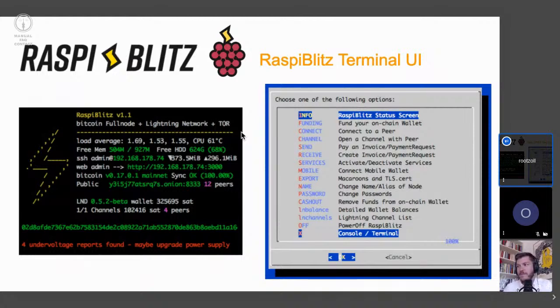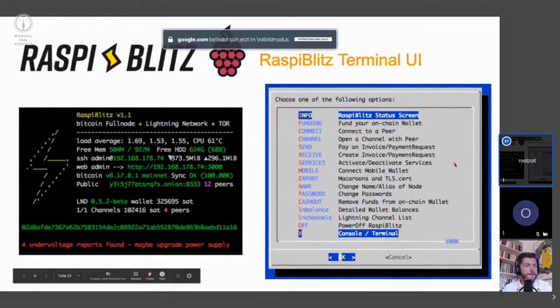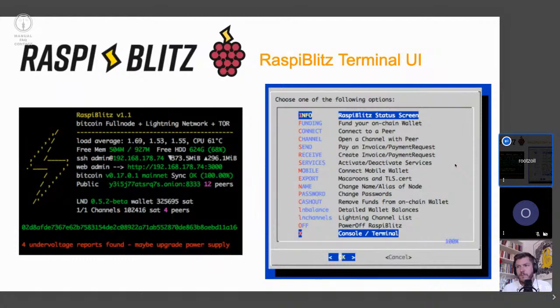Once you have the terminal open, you can just follow what the Raspiblitz is saying on the display, type in this command, and then it kind of picks you up with a little bit more of a GUI kind of thing, where you can just pick the menu items and do all the rest of the configuration you need to do. And once you've gone through all the setup process,